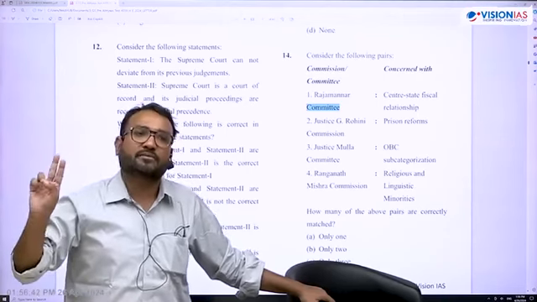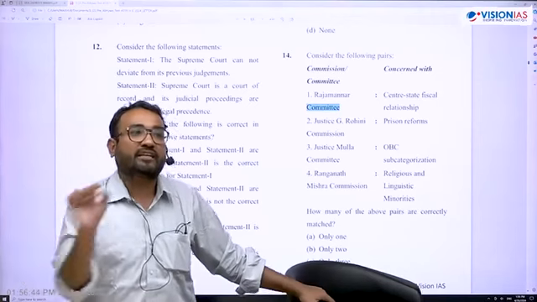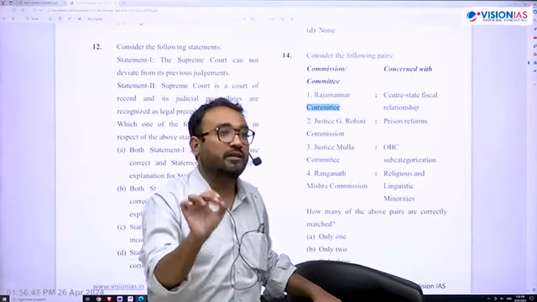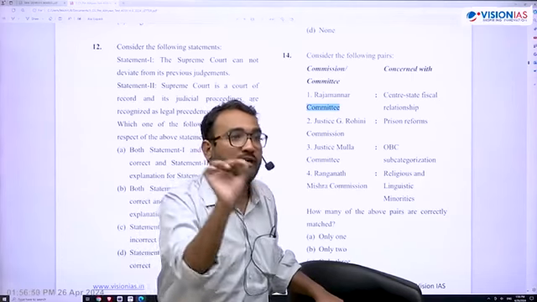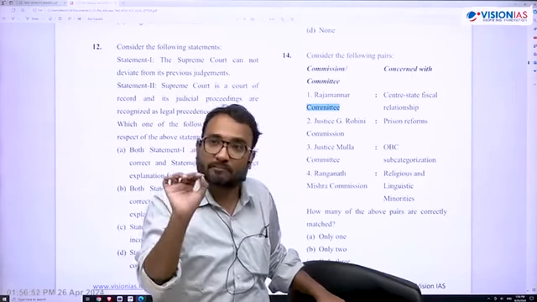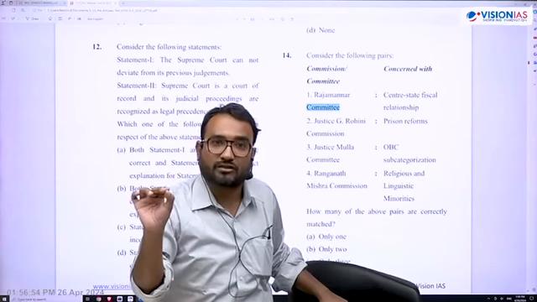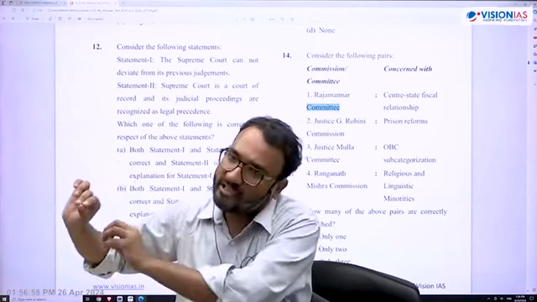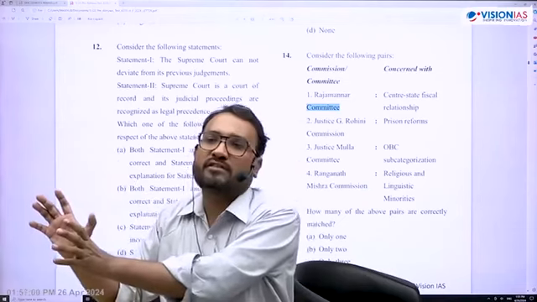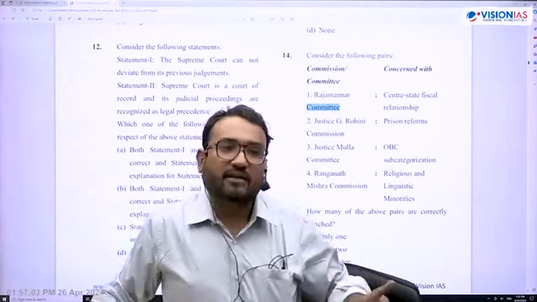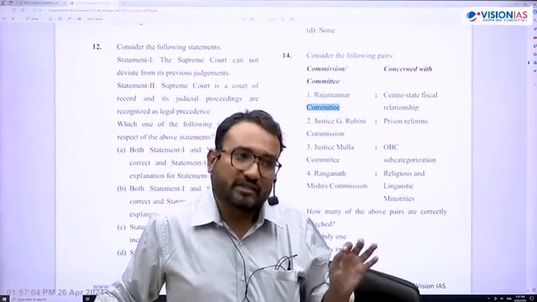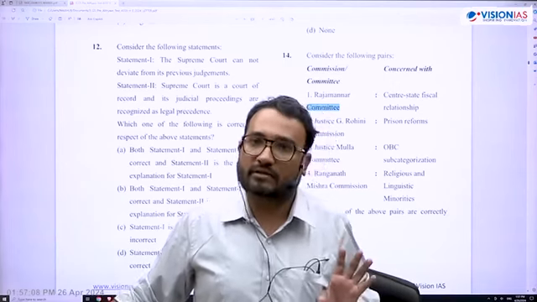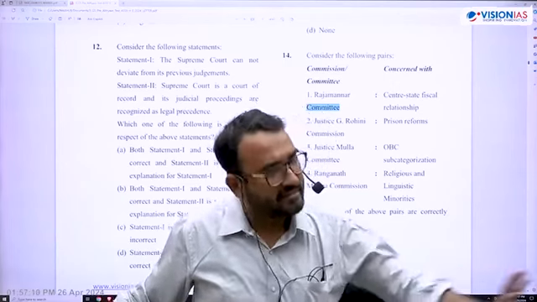Only 3 such commissions have been constituted till date. Article 338B is a permanent commission that is there throughout the year. That is the National Commission for Backward Classes. Never get confused between the Backward Classes Commission and the National Commission for Backward Classes. The National Commission for Backward Classes is a permanent body which generally looks into the safeguards for backward classes. The Backward Classes Commission under Article 340 is a temporary body. Whenever it is constituted, a task is given, and it does only that task. It is given a task, does that task, and it is dismantled.